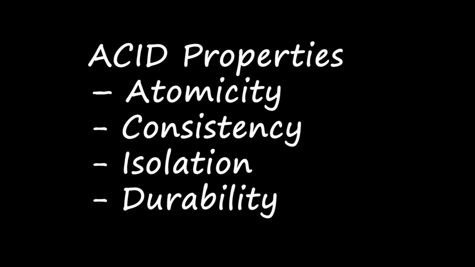Okay, that is consistency. Next one is isolation. The isolation property is needed during concurrent transactions. That means when many users are doing transactions or accessing the same object at the same time, this is known as a concurrent transaction. Concurrent means many of them are approaching the same data at the same time.